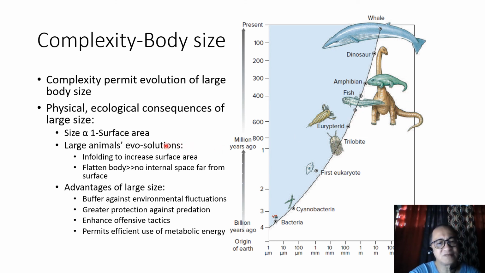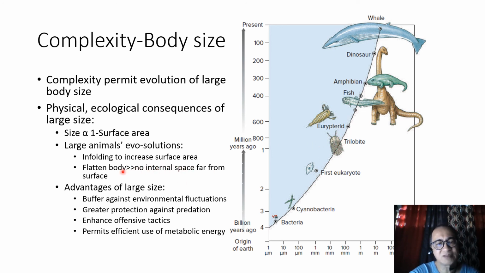But this has been overcome by evolutionary solutions in large animals, such as great infoldings of their body surfaces, which allow for the formation of respiratory organs or digestive organs and the cardiovascular system. In some animals that are not as highly evolved, they have flattened their bodies, like among the flatworms. They have flattened their bodies so that much of the body is